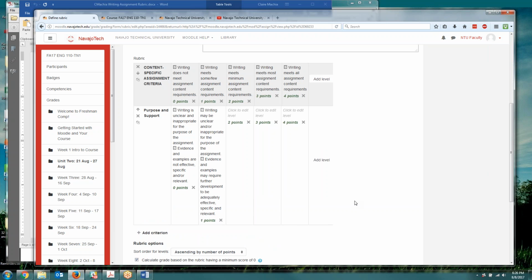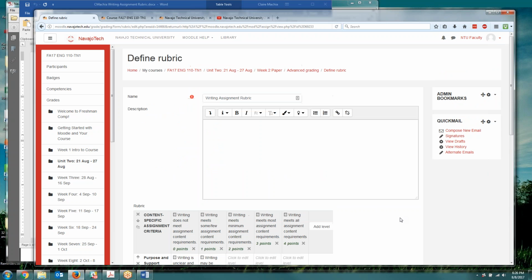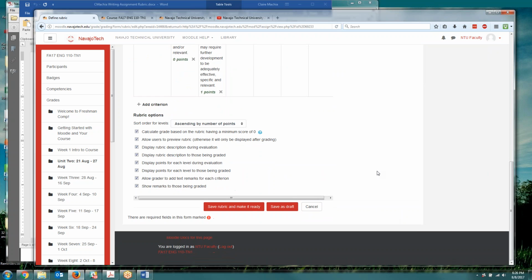But in the interest of time, I won't continue to just copy and paste that. But once you are ready, I could just save this as a draft and then come back to this later to finish it. But when you're ready, when it's polished and ready to go, you can do save rubric